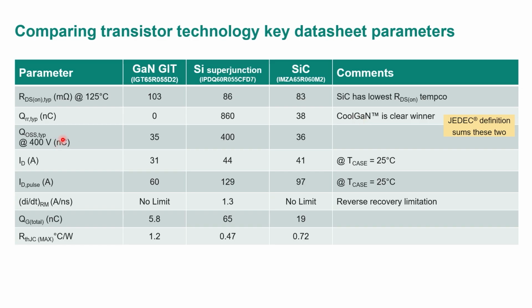In a related note, if you look at the JEDEC definition of reverse recovery, it combines both the minority carrier QRR and the capacitive component. But you can see in all cases, the superjunction is the one with the really large charge, so it's not going to be a good transistor to use for fast switching where the body diode matters. For the QOSS of GaN, quite low, and actually the silicon carbide, latest generation, is also quite low.